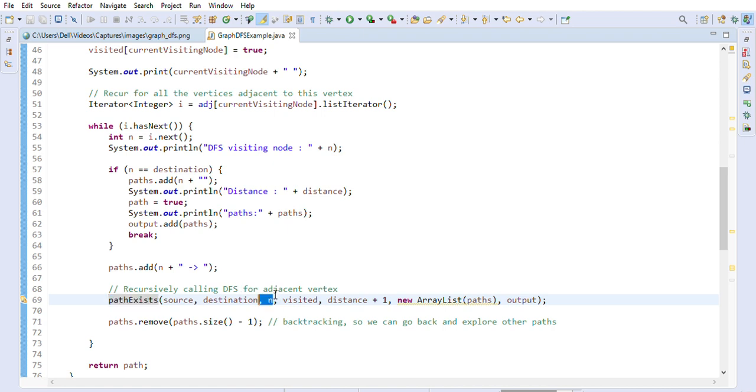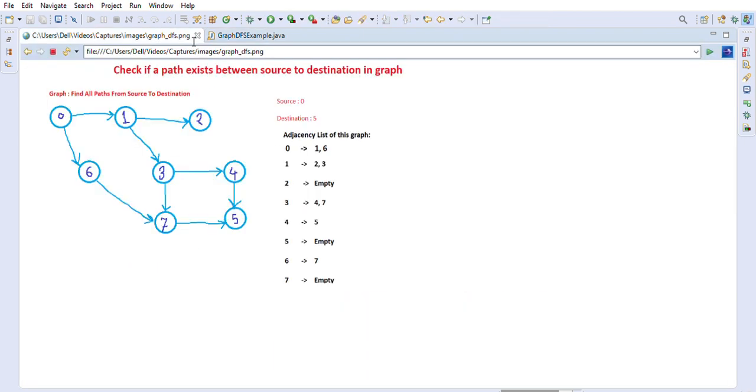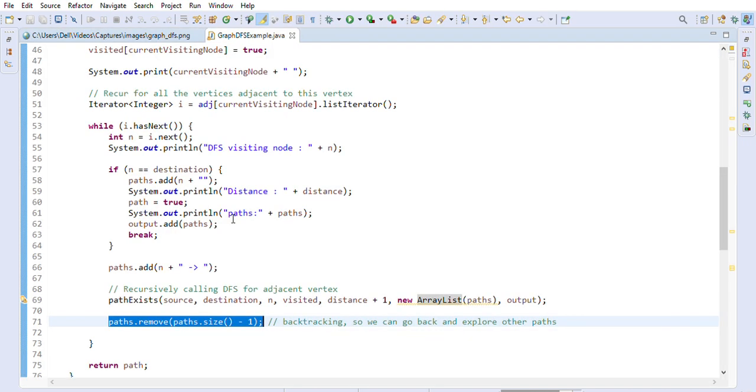For example, this one is the adjacent node n, right? So we will pass n node here, and we will keep increasing distance by 1 here, and we will pass our paths list, which is the path that we have seen so far, right? Which we will keep modifying when we go to next nodes. And then we will backtrack here. So after the edge is finished, for example 2, then we have to backtrack to 1, right? That is what the backtrack function does. It has to remove the last seen node from the paths list.